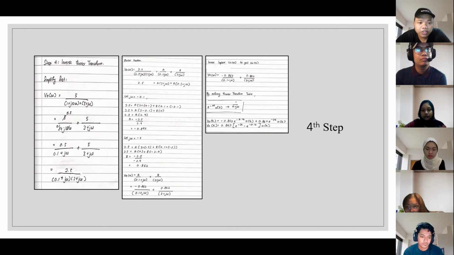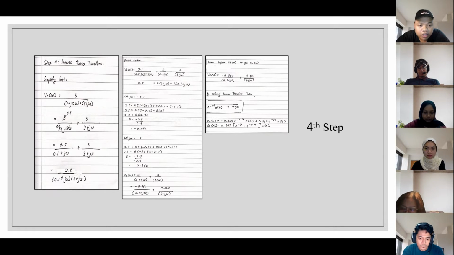So we get the answer for A equal to 0.862. Let j omega be negative 3: 2.5 equals A(3 plus negative 3) plus B(0.1 plus negative 3). So 2.5 equals A times 0 plus B bracket negative 2.9. So we get the B